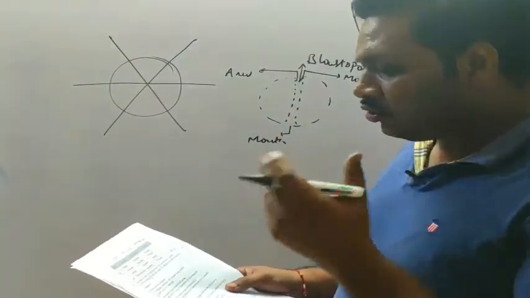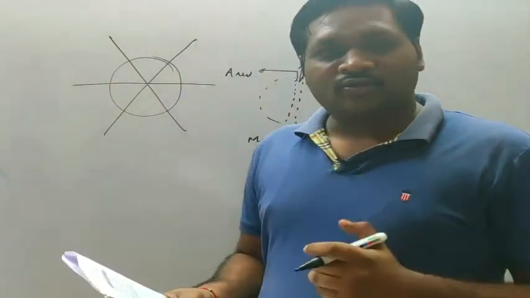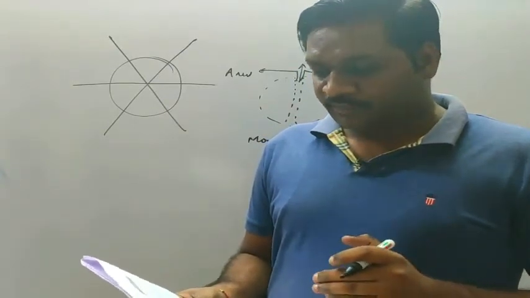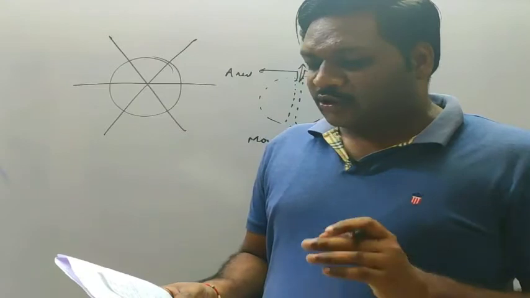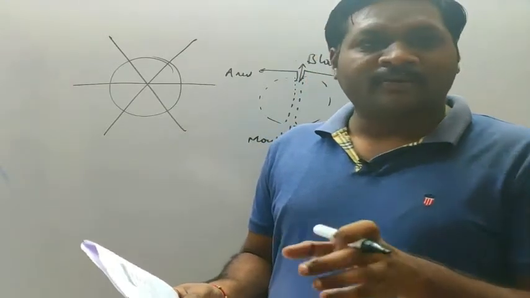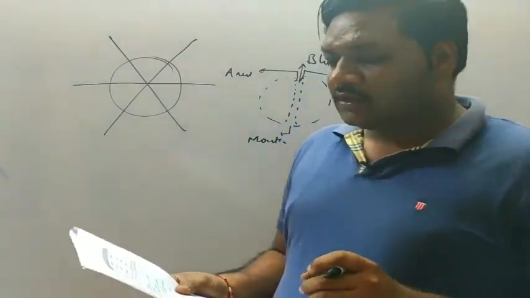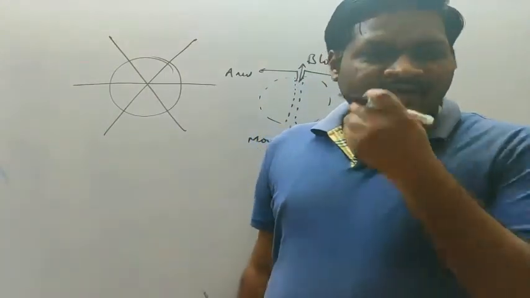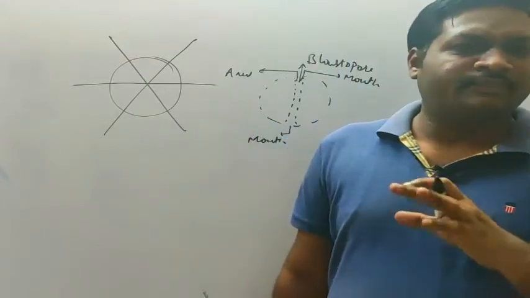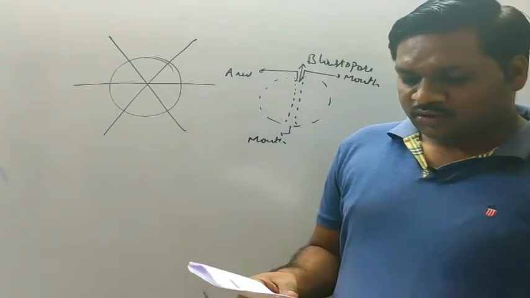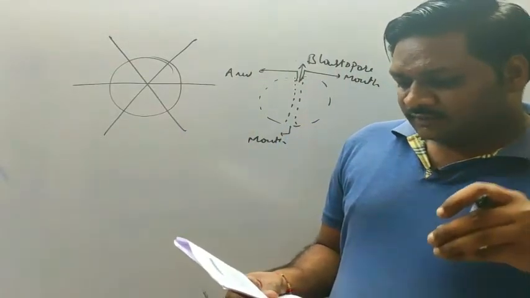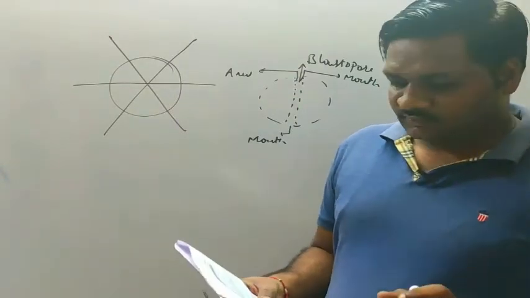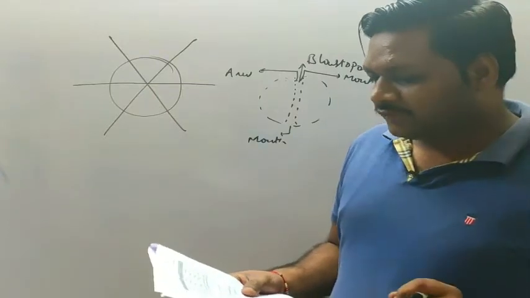Okay, the next question, number 100. If amoeba is kept in distilled water, what will happen to its contractile vacuole? Distilled water means it doesn't have any minerals in it; it's pure water. So when we put the amoeba into distilled water, the contractile vacuole will work faster. So option B will be the correct answer for this.